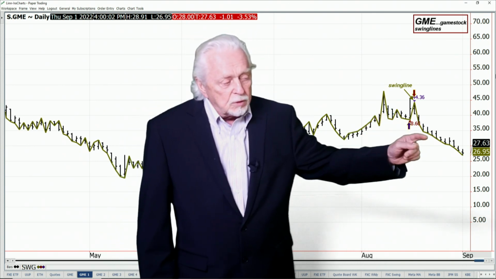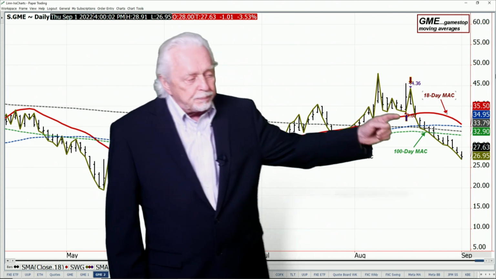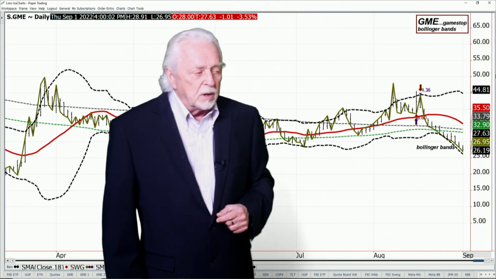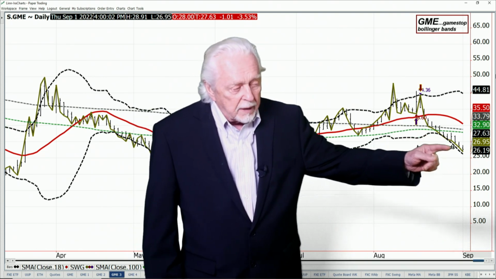This is not a trend. This has a higher high, lower low, but it's a vertical price decline. And that happens once you start latching in like that, and you just don't even get a rally to make that higher or lower high. You don't get it at all. That's what's happened here, and you were riding the lower band, the Bollinger Band, that's the black line.